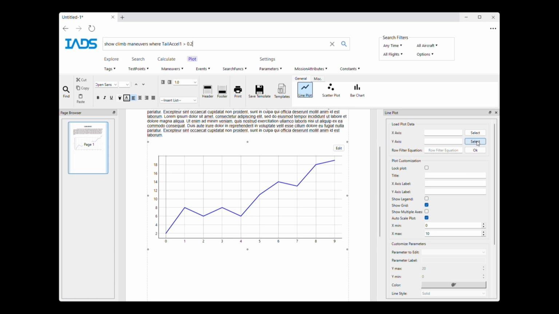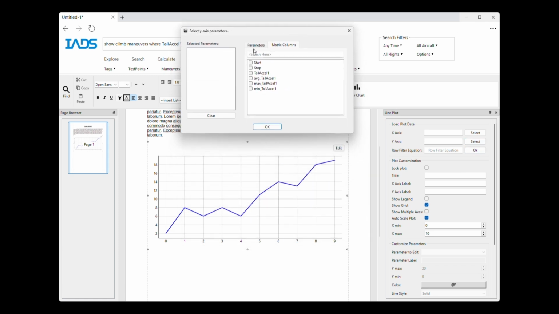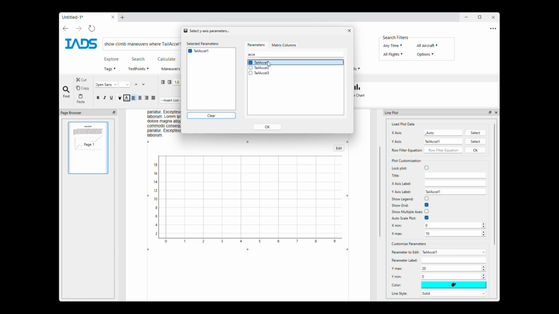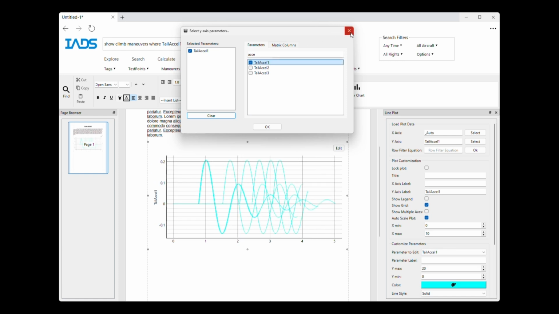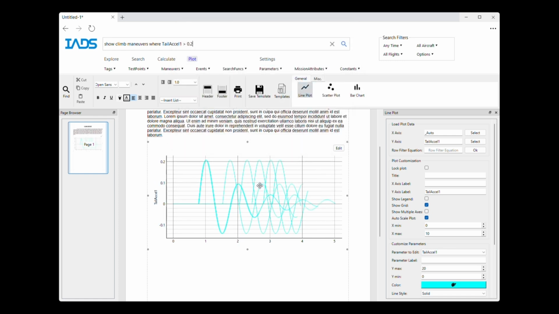I'm going to select for the y-axis some parameters from my data archive, and any parameter from your data archive is available here in this list. I know I have some accelerometer data that I want to look at, so I'm going to pick tailxl1, and that is going to generate a plot with a collection of lines on it. And every one of those lines represents that tailxl1 parameter as it occurred between the results in my